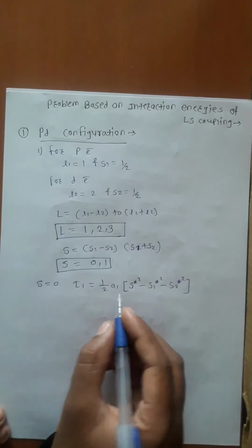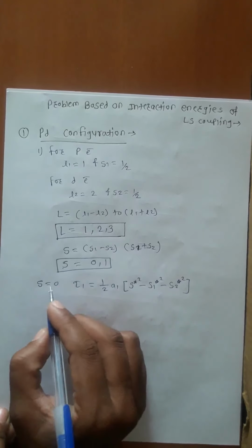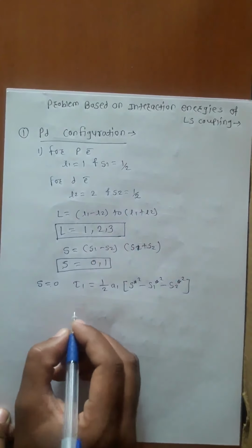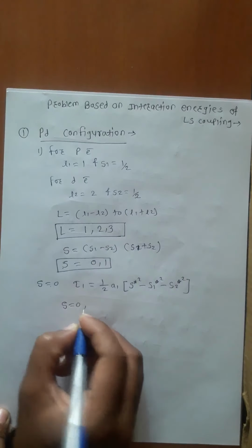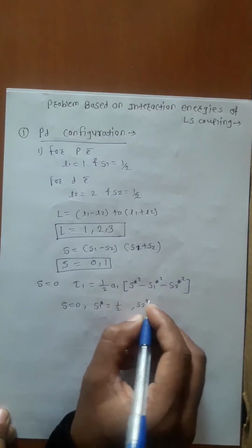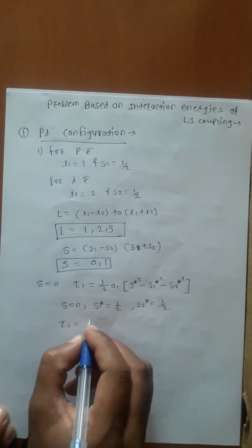Here S is 0, S1 star is 1 half and S2 star is also 1 half. Therefore tau 1 is equal to